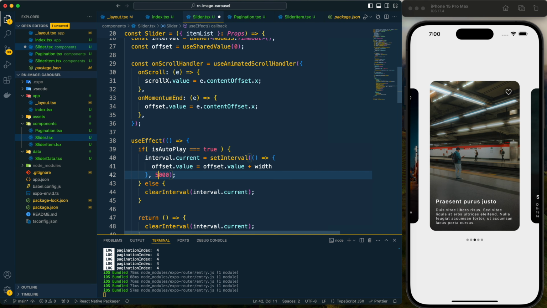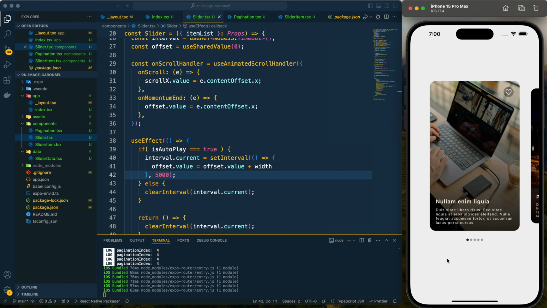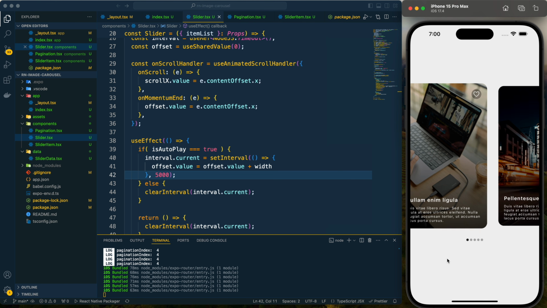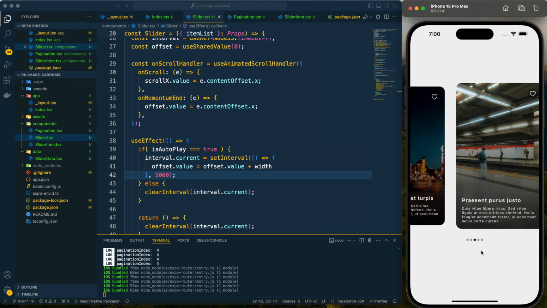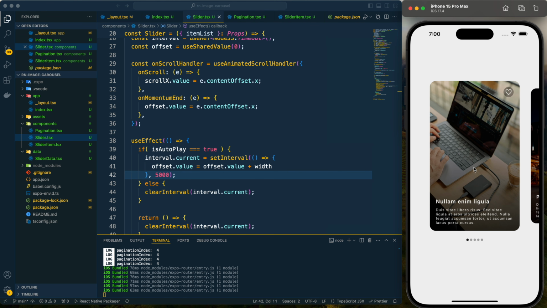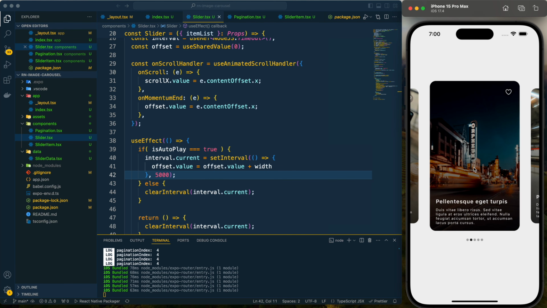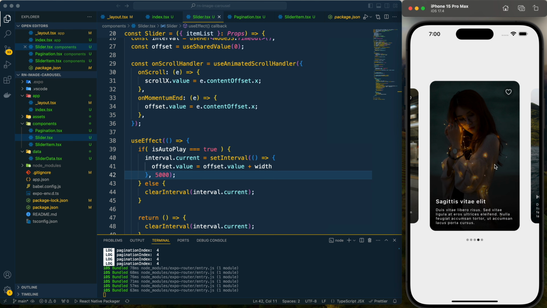Now finally I can update the value here, and let's do a final reload. So it's working perfectly well now for the autoplay. Let's do the scrolling. It started auto playing from that point where I have stopped scrolling, right? So that's perfect. So this is the tutorial, guys.